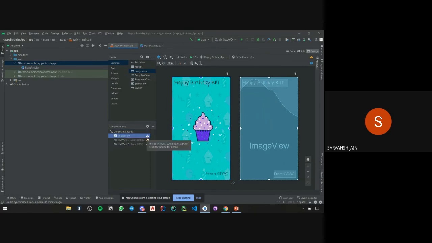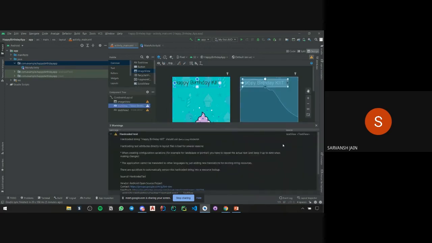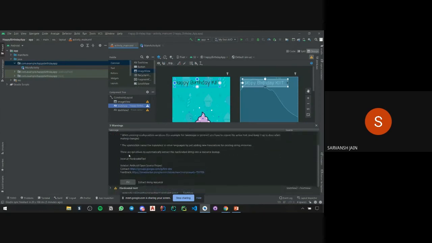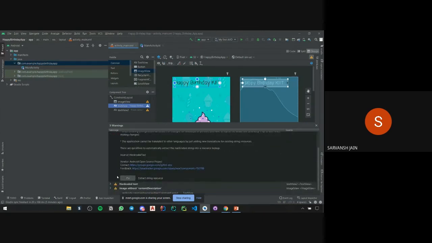Then we have to resolve these warnings. So first I'll resolve these hard-coded text warnings. Basically scroll down, you'll find 6. As I told you, if the text is hard coded and used somewhere else as well, the translation code would have to be done many times.